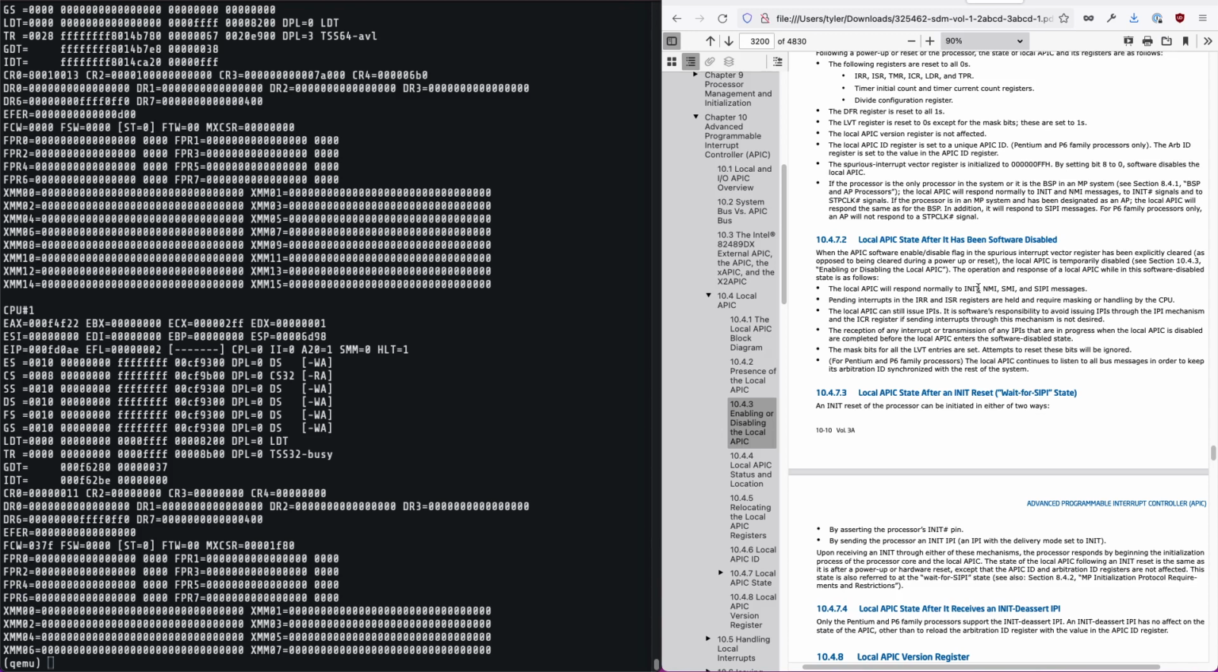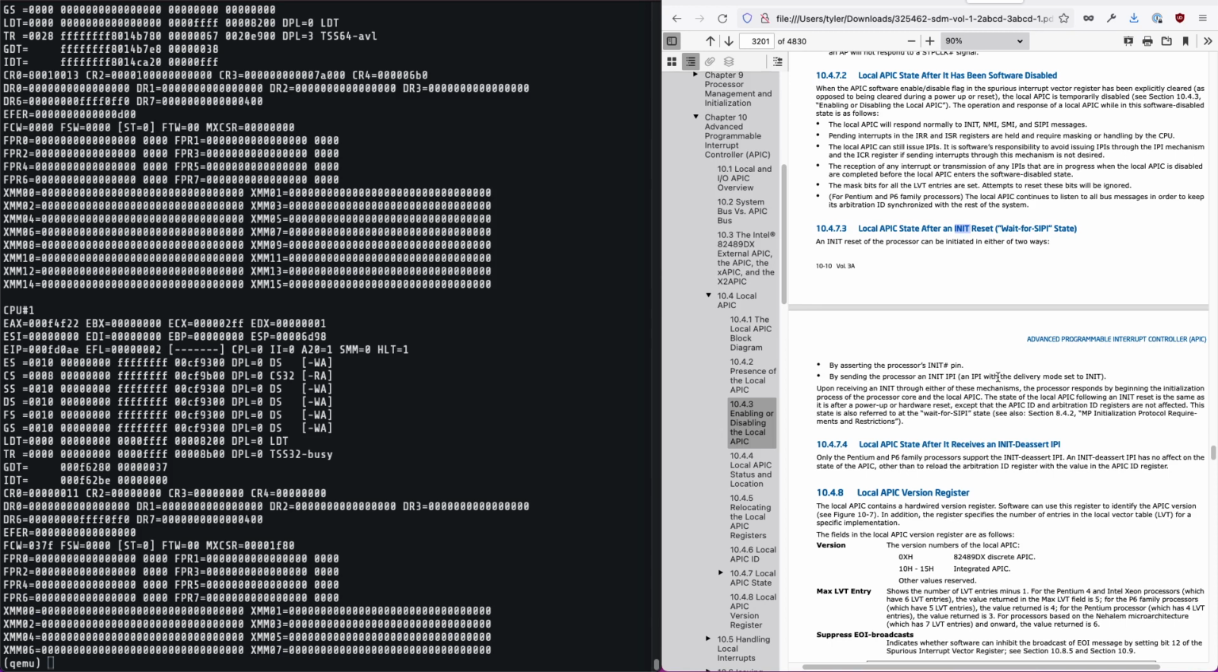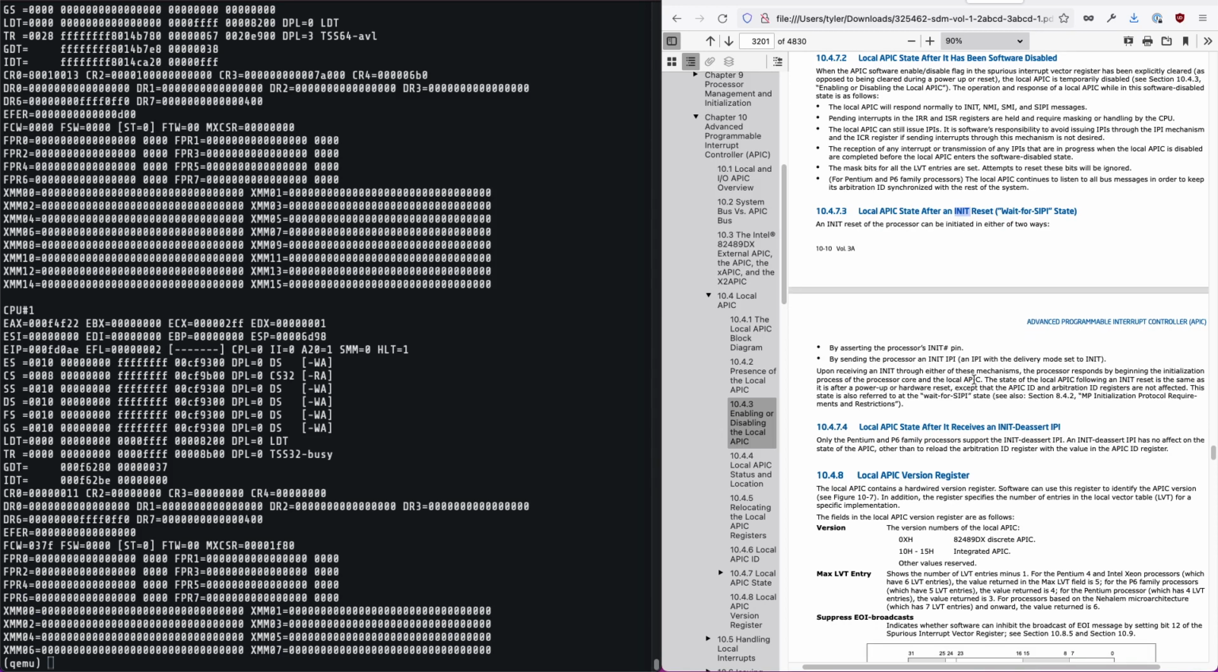APIC will only respond to INIT, NMI, SMI, SIPI. Well, that's fine because those are things we're sending. APIC can still issue IPIs. Don't do that. So after it gets an INIT reset, by either asserting the processor's INIT pin or sending an INIT IPI with the IPI delivery mode set to INIT,